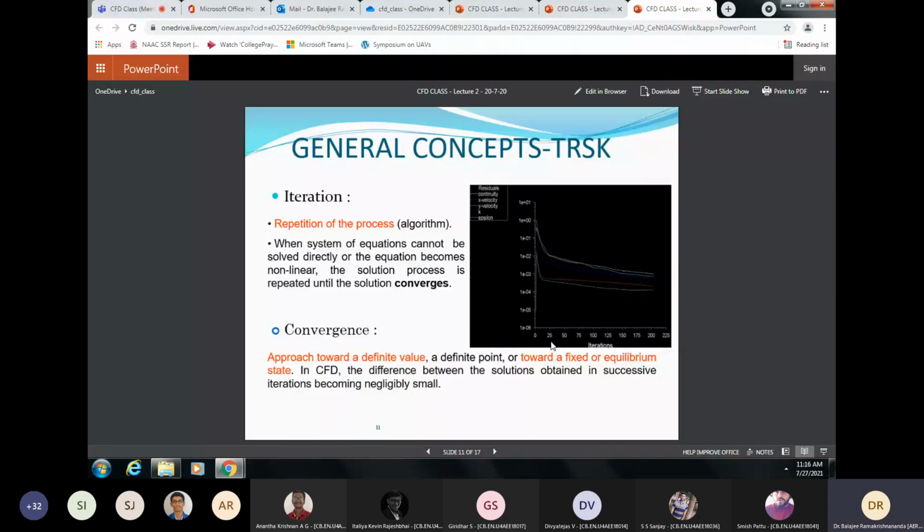So in CFD, the difference between successive solutions obtained is negligibly small. Here you see it is 10 power minus 3. What this shows is that they have five quantities. If you have five equations, you can assume these are the right hand sides. When you have five equations, they read like the left hand side is equal to 0. So you'll have five equations with all the left hand sides equal to 0, formulated that way.